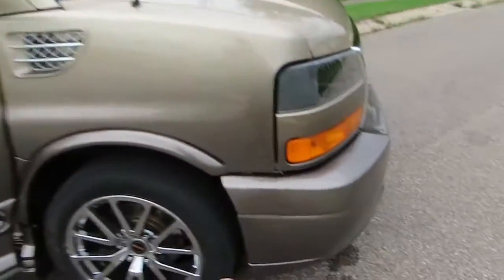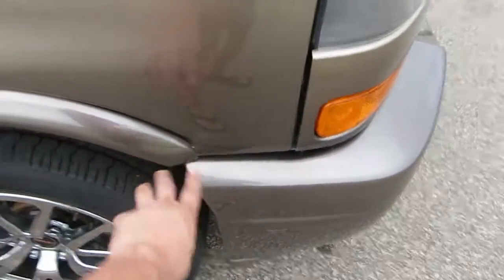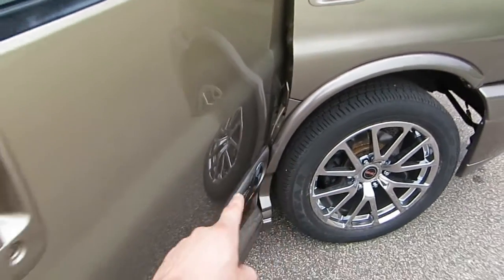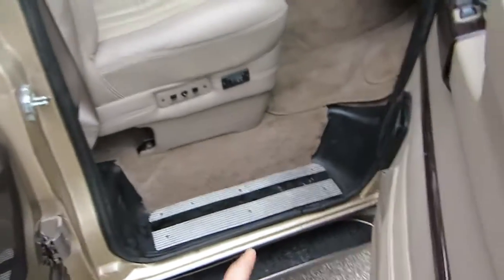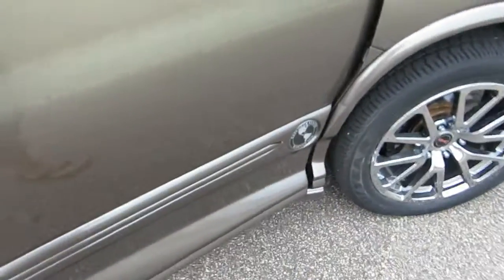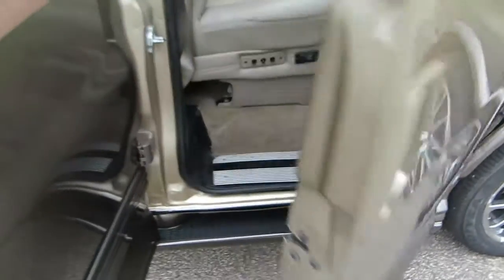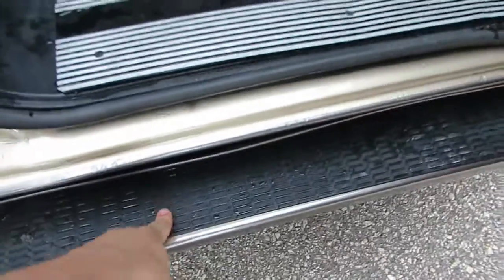Both front fenders, when the front bumper cover hit the ditch, it dented the fenders up in here, so the fenders have been replaced. And then on this particular side, there was damage to the rocker down here along the bottom on the step, and there was damage to the bottom of the door here as well. The door has been replaced, of course the fender's replaced, and then the rocker's replaced, and then the step here